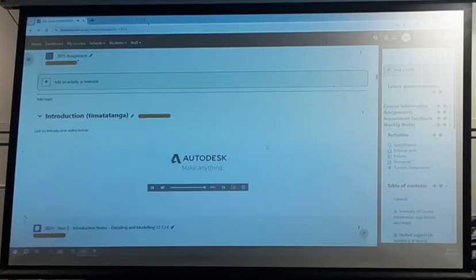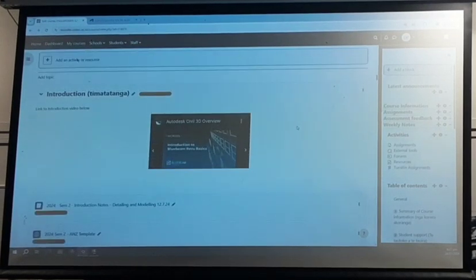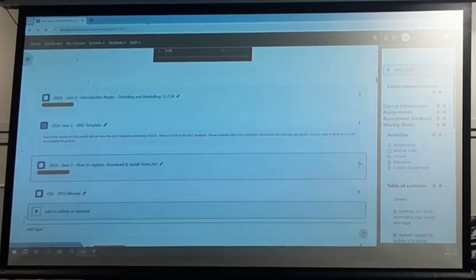Doesn't particularly inspire me to want to buy the package, but it's better than nothing. I'll unhide that. So that information about the ANZ template is now available. That Dave clicked on. And here's your